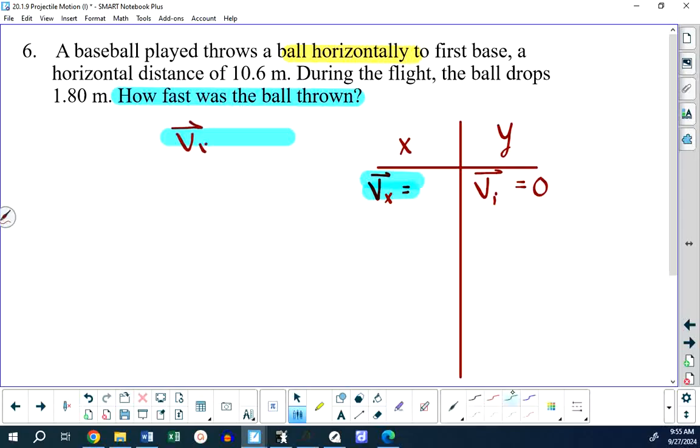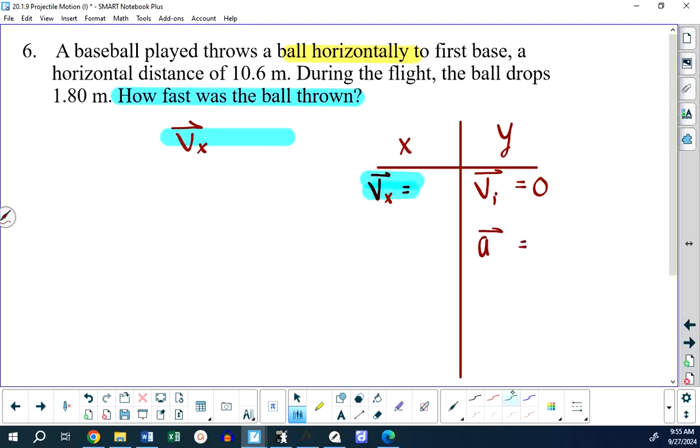If that bothers you, you can dispense with the I and simply say to yourself, well, we're trying to find the horizontal velocity because that's the velocity it was thrown at. But a little bit later, we're going to introduce a different type of question where you need to wrap your head around the fact that we have a horizontal velocity, which is always the same. We have a vertical velocity, which is always changing. And we have a total velocity, which will always be changing, which is the sum of the horizontal and vertical. Anyway,